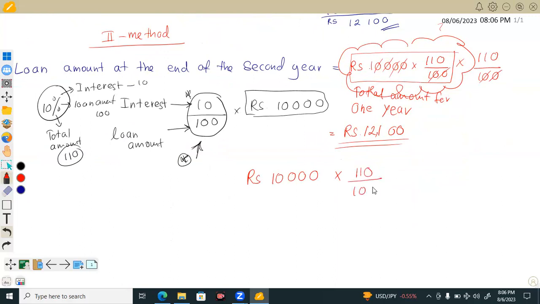It is this one. This is the amount that we have to pay at the end of the first year. We calculated how much we pay at the end of the first year. Okay, let's write the answer of this calculation. It is